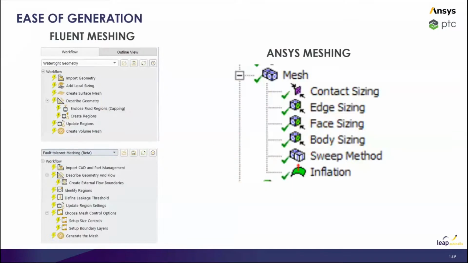We've got two platforms really for generating meshes. So I'm going to be talking to you about Fluent Meshing. We'll go through an example and the actual workflow. There are two aspects to Fluent Meshing. I'm going to be going over what's called a watertight geometry workflow. That assumes that you've got a watertight geometry, so using things like the enclosure tool. If you've got STL, dirty geometry, maybe it's not quite created, we've got what's called fault tolerant meshing,